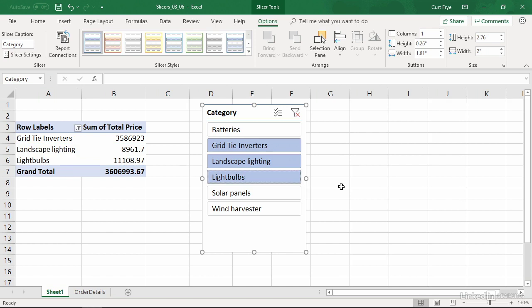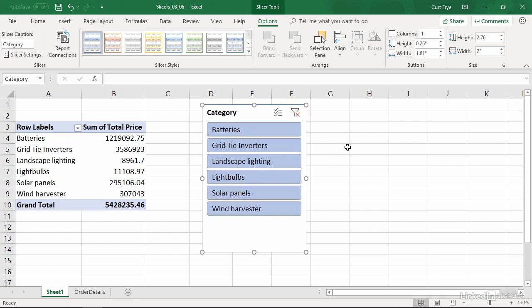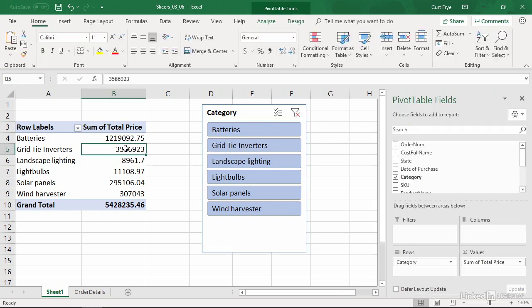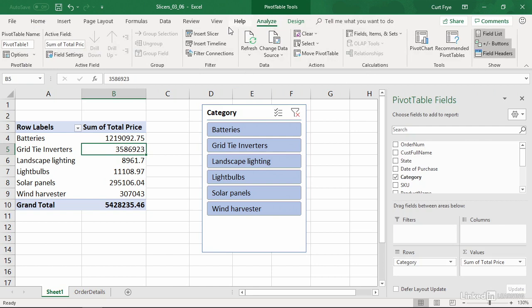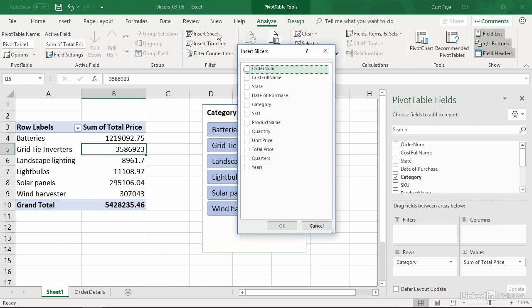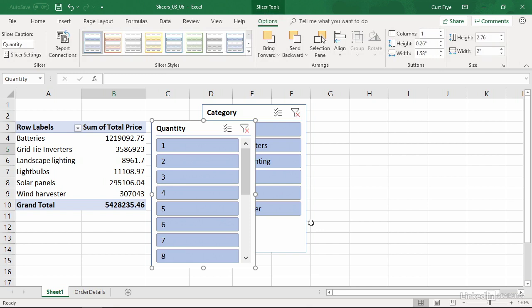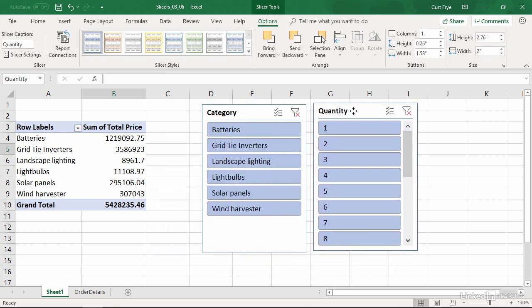To clear a slicer filter, I can click the Clear Filter button on the slicer's title bar, and the filter is removed. You can create multiple slicers if you want, so I'll click within the pivot table, go back to Analyze, and click Insert Slicer. And this time, let's say that I will bring it down to Quantity, and click OK. And what this does is give me a second slicer,